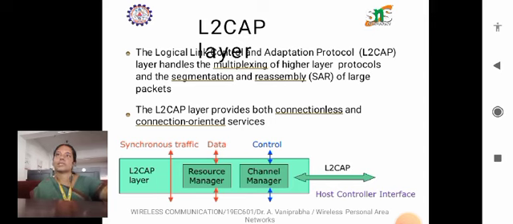So the next layer is the logical link control and adaptation protocol, the L2CAP layer. L2CAP operates above the baseband and link manager layers in the Bluetooth protocol stack. It provides a multiplexing capability for higher layer protocols and services. During ACL setup, L2CAP is responsible for creating logical channels over the ACL link, which can be used by higher layer protocols for data exchange. L2CAP ensures that data packets from different higher layer protocols are properly multiplexed and demultiplexed over the ACL link. This picture clearly explains the